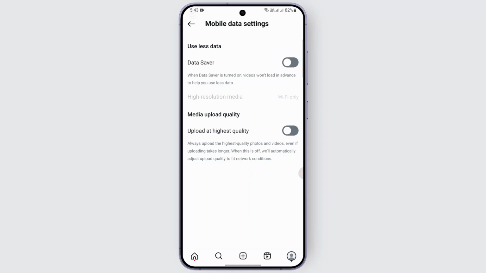So that is it for now. These are the methods you should apply if you want to disable HDR mode on